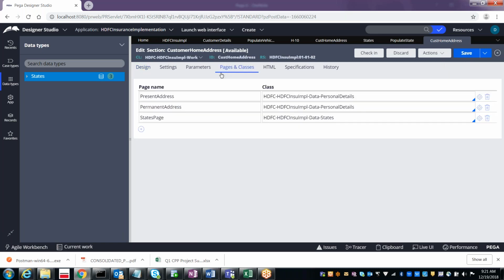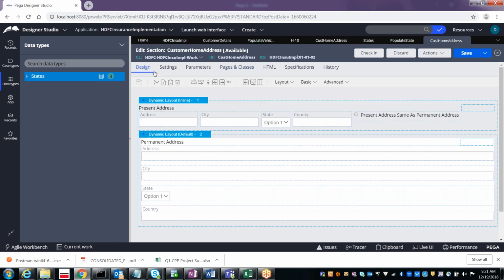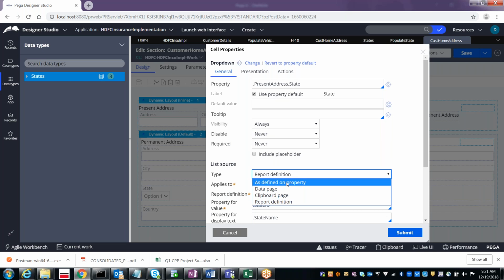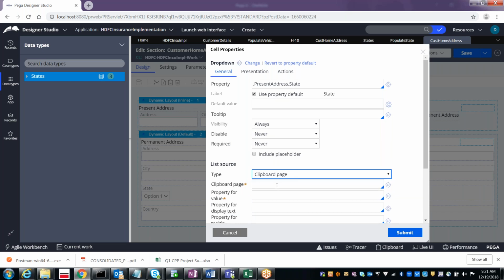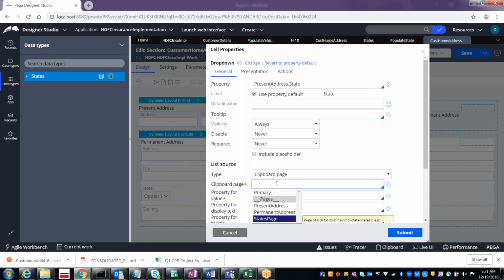Okay, so in the pages and classes, it's there. Now save it. After this, go to the states drop down, from the report definition to clipboard page and then the name of the states page. Now you got the states page, right?